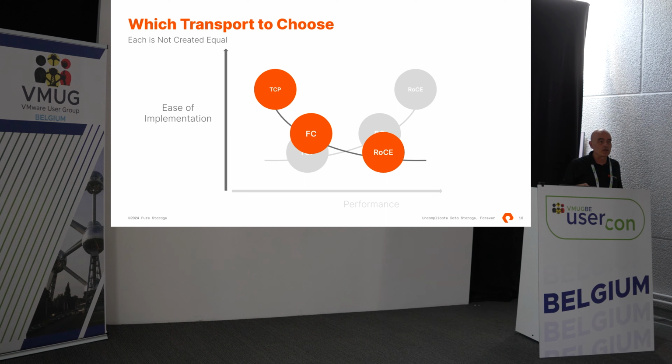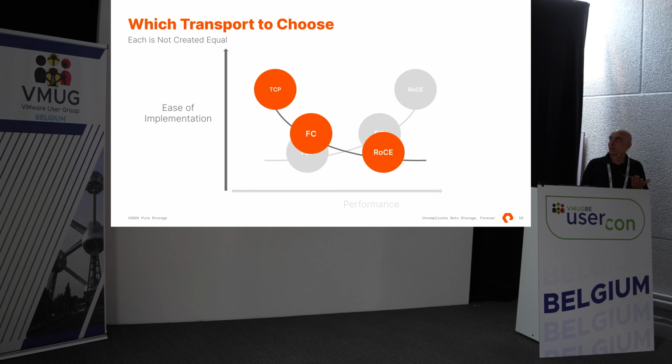And of course, if you have an already existing Fibre Channel fabric that you don't want to replace and are not planning to replace, probably the easiest way is to stay there. If you are planning to renew your infrastructure for a more modern and, if you will, more agile network, and unify everything on TCP over Ethernet, probably the right choice is TCP.